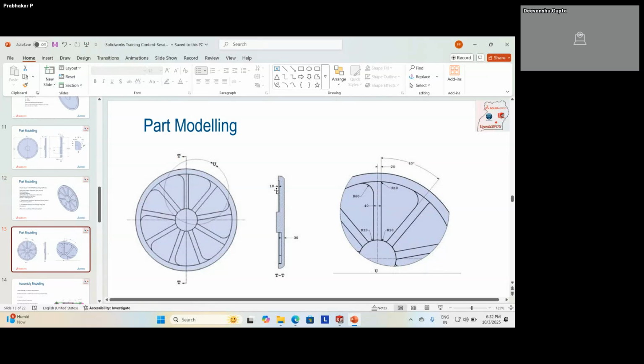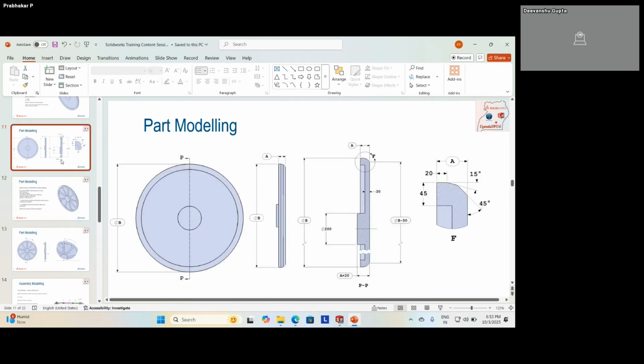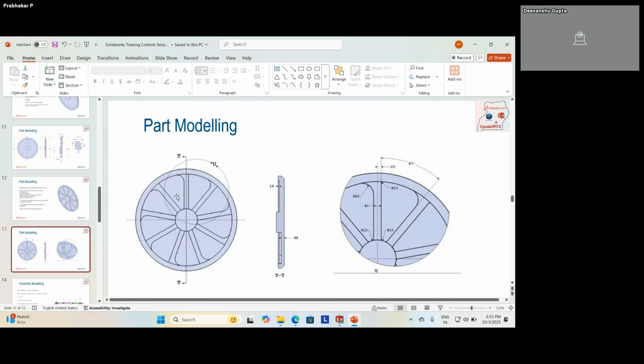Here they have given like 10 mm depth, there is a gap. Okay. And also one more thing we should see. From this model, the number they have not given. You just have to count: 1, 2, 3, 4, 5, 6, 8, 9. 9 steps are there. So first I create the profile, then I have to do a circular pattern. The main command I am going to use is circular pattern.